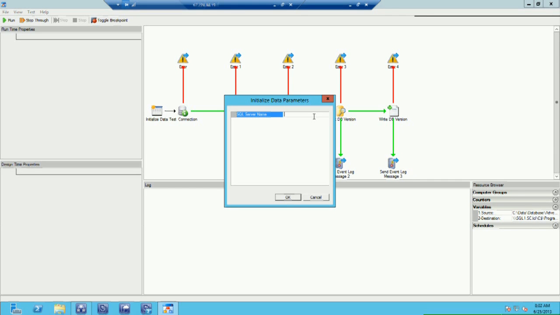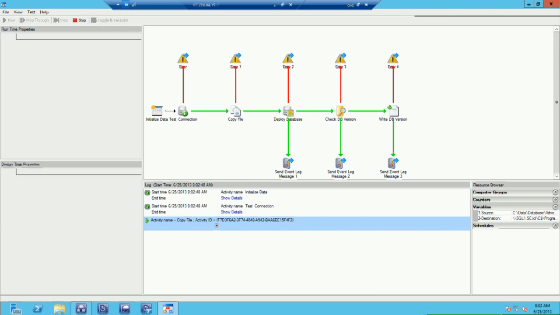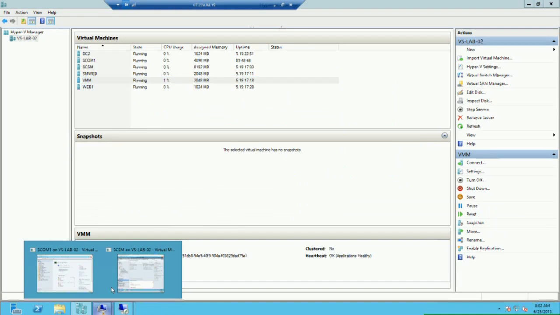Enter the information, what database you want to deploy, and go with it, and no more calls and requests for IT. So I'll call it SQL 1 and hit OK. So that will start working on the workflow. If I go here in SQL 1,